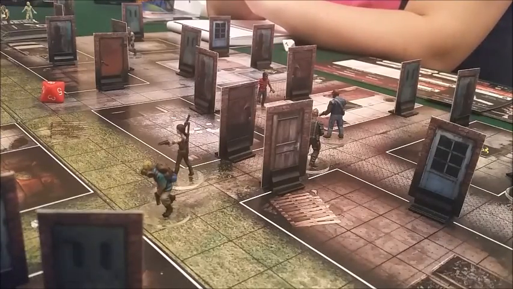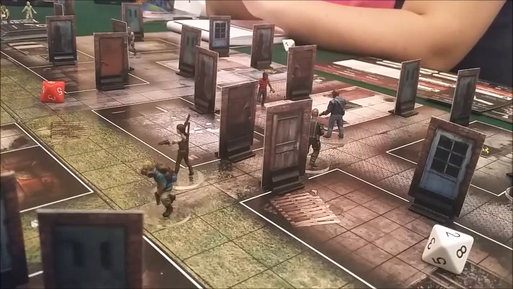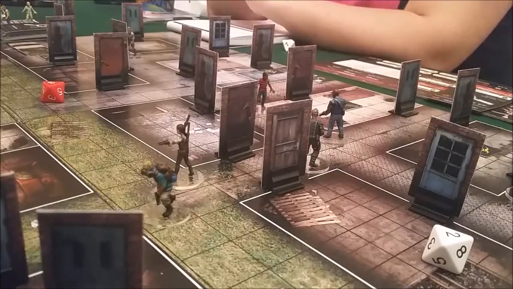I roll a d8. On a 1 or a 2, I miss. A 3 to 4, I knock the zombie down, and a 5 to 8, I kill. So I've rolled a 2, so I've missed. Okay, so Carla will mark off one of the...